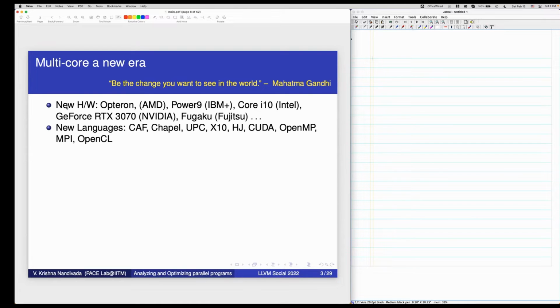And the parallelism is increasing. There are also parallel languages being used to exploit this parallelism: CoArray Fortran, Chapel, UPC, X10, CUDA, OpenMP, MPI, OpenCL. You can increase the list. I haven't listed more general purpose languages like Java and Python, which also support threads.